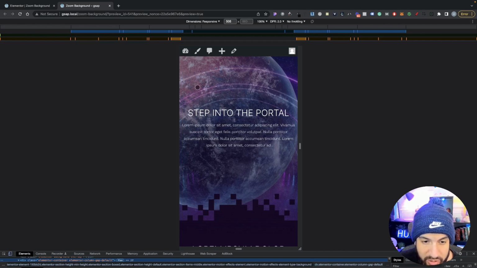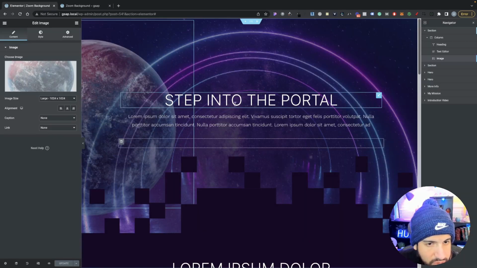I'm sure it's happened to you in the past where you tend to do something and usually it works, but for some reason this new update came out and some things don't work the way that they should, right? That's fine. With a little bit of CSS, we can go ahead and adjust this, and I hope Elementor fixes this issue in the future. So what we need to do is